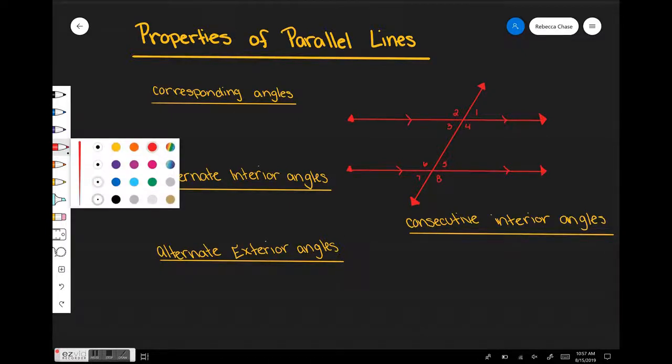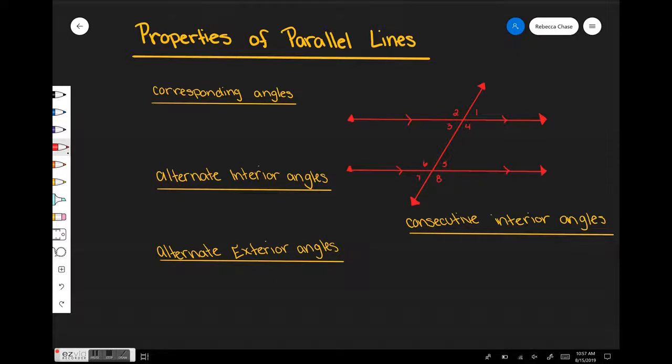So in this diagram that you see on the right that's in red, okay, we are assuming, so these, I'm going to use a different color. These arrows right here, okay, when there's arrows like that in the middle of the line, and they're on two different lines, what that means is that those lines are parallel. Okay, so we are assuming, and we're told, that line L and line M are parallel to each other.